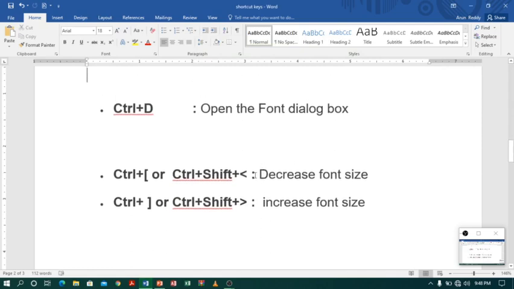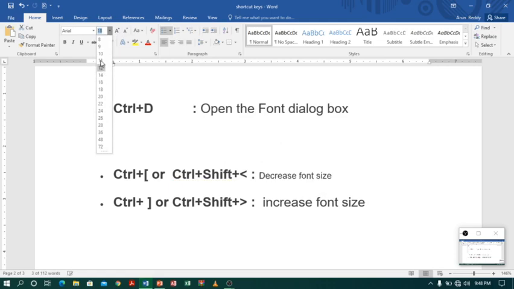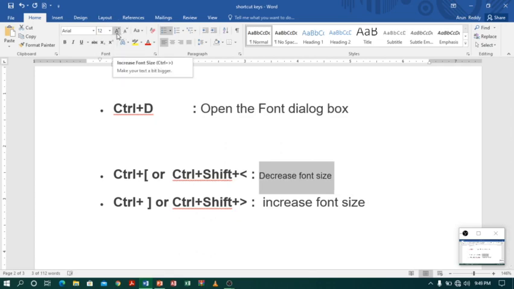Now let us see the next shortcut key, which is increasing and decreasing size. Suppose I want to decrease the size of a text, so let me select this text. I can decrease the size by using an option, either I can decrease the size like 16, 14, like this, or I can use an icon, which is a small capital A. If I click, see, automatically it is decreasing, right? And beside it you can see another A option. If I click this one, the font size increases.